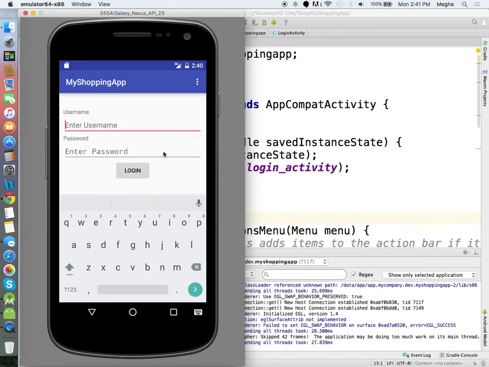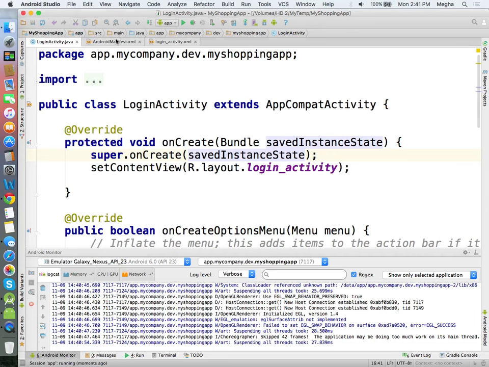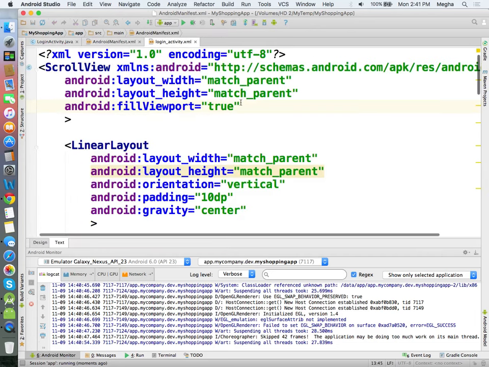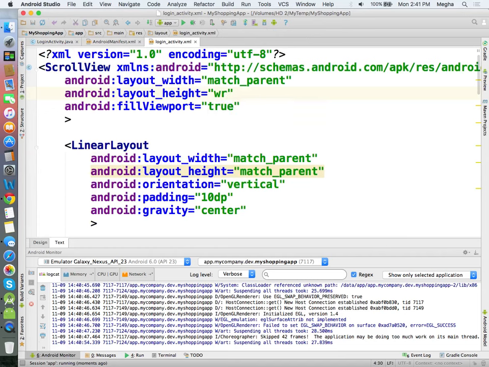Let me add a scroll view. Okay, one second. We will have to bring it on. Let's find some other hack.